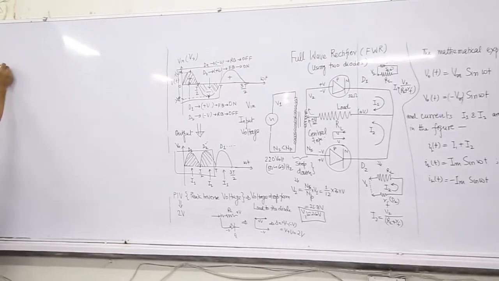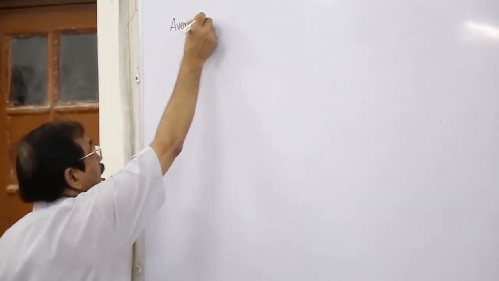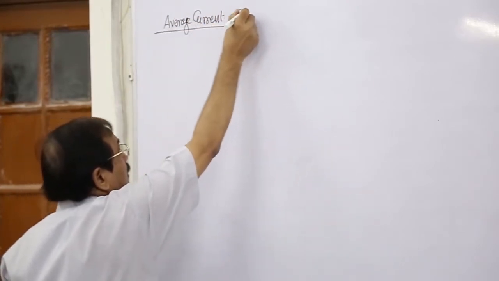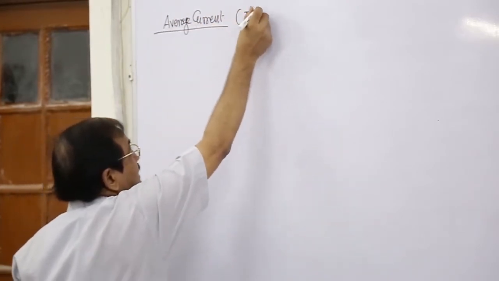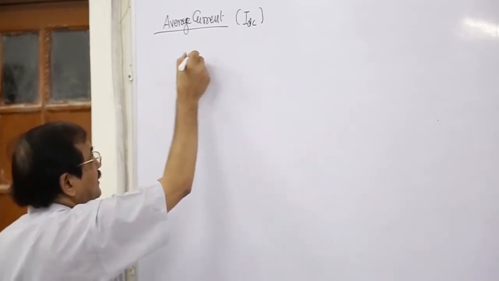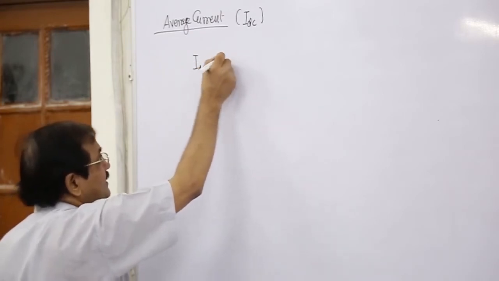So, the average current IDC, as we have defined, is